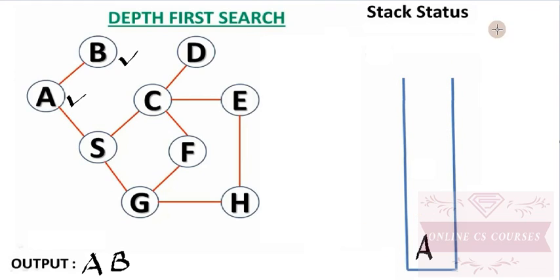So we will push it to the top of the stack, and we'll put it in the output sequence. So now S is on the top of the stack, and we have to mark it as a visited node. So S is on the top of the stack, so we will check the adjacent unvisited vertices of S, which are C and G. So alphabetically हमने क्या करना है, C को ले लेना है, ठीक है.